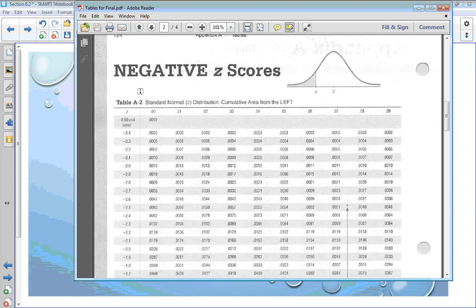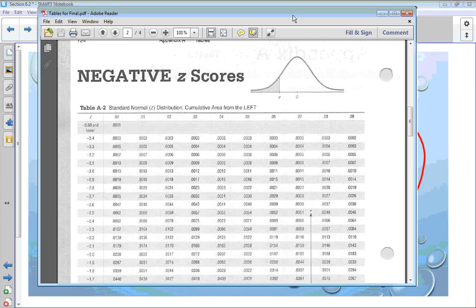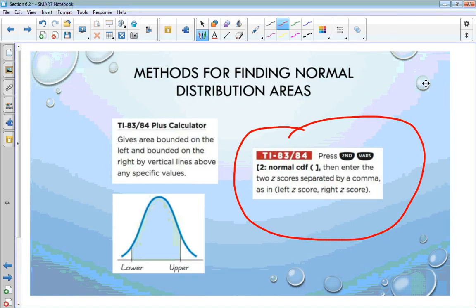And as you go across and down, a z comes with 2 decimal places. And if I were looking for negative 2.63 as a z-score,